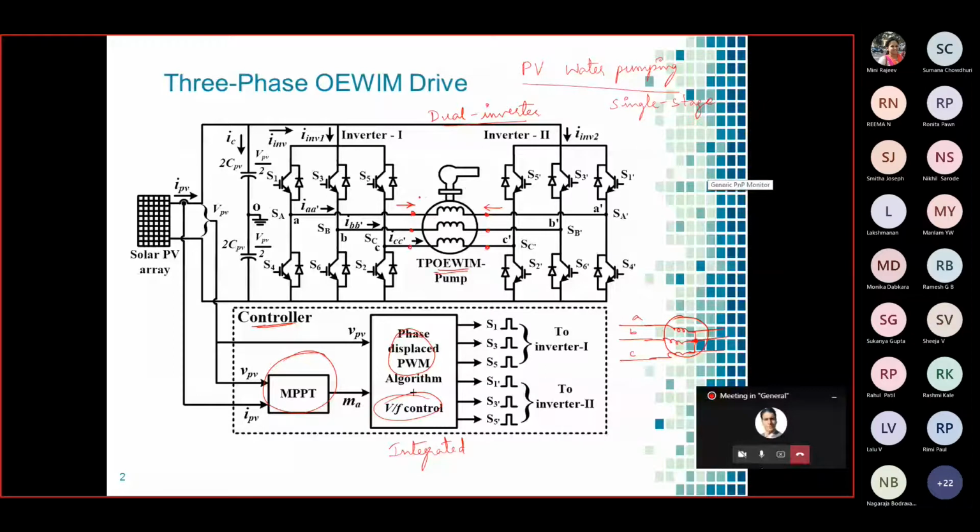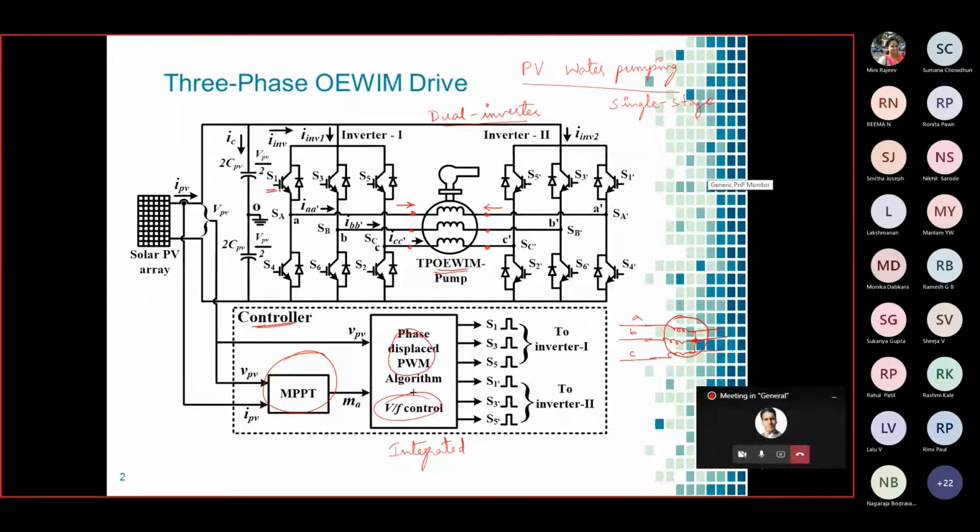So basically this is the system description we had, and I also said that these 3 tasks should be accomplished by using a single controller which can generate the gate pulses to these 2 inverters. Gate pulses in general will be generated for the 6 switches of inverter 1 and 6 switches of inverter 2. So in total we may have 12 gate pulses generated from the controller. Or one more option we have is to generate only 6 gate pulses,